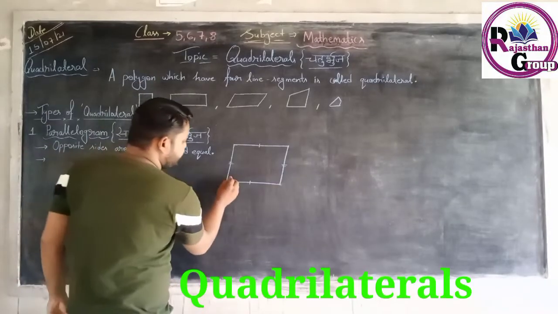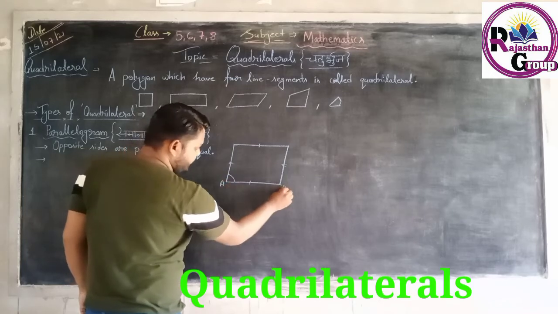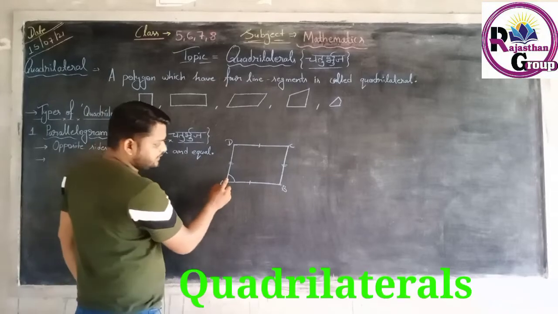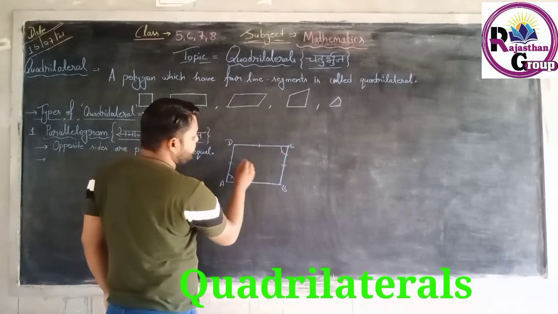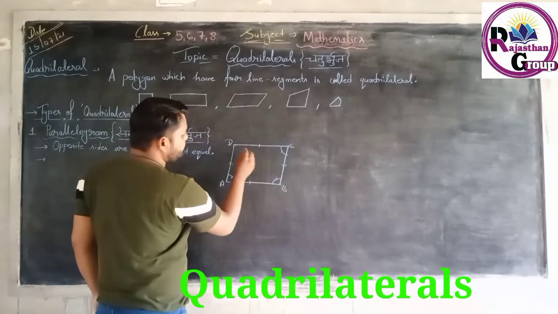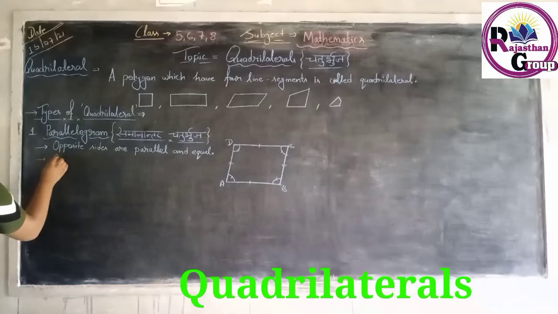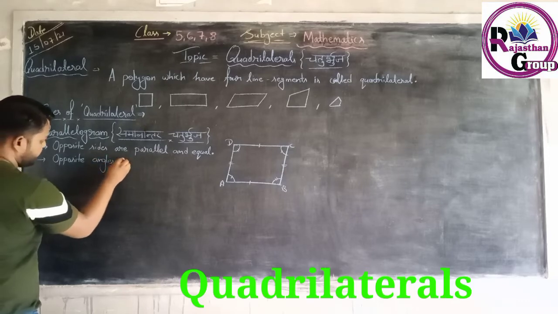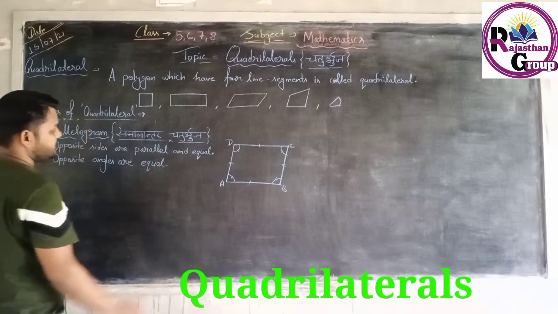The opposite angles are equal. Then you can say that the angles are named A, B, C and D. The first angle A is equal to the opposite angle C. Then angle A equals angle C and angle B equals angle D. Okay. Opposite angles are equal.